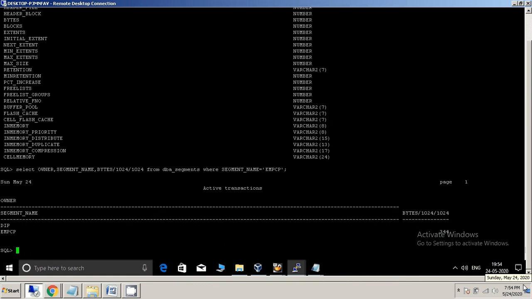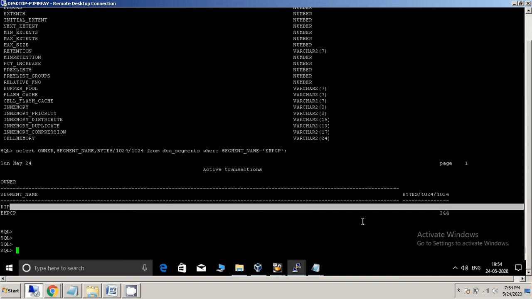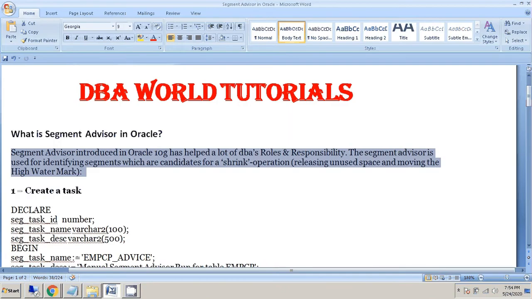So here we can see the size is almost 344 MB.